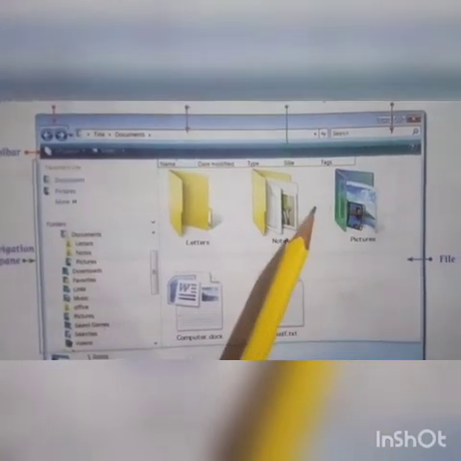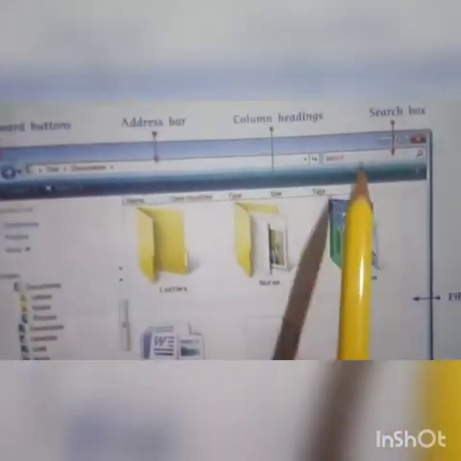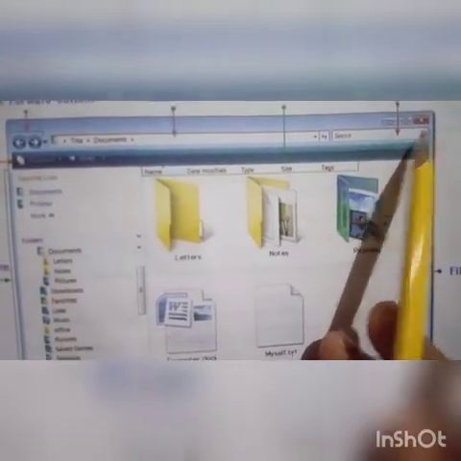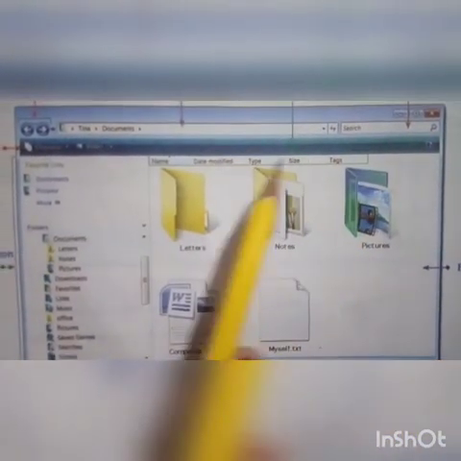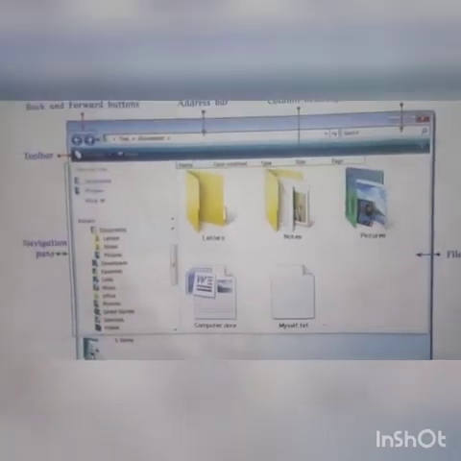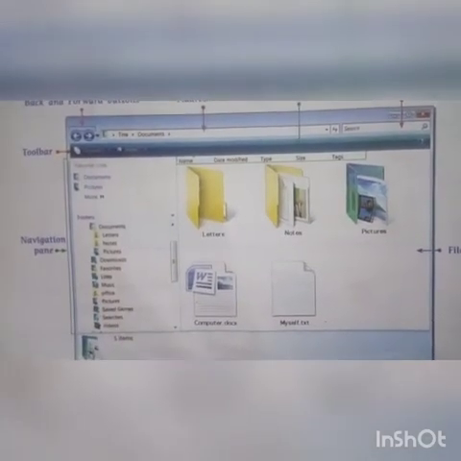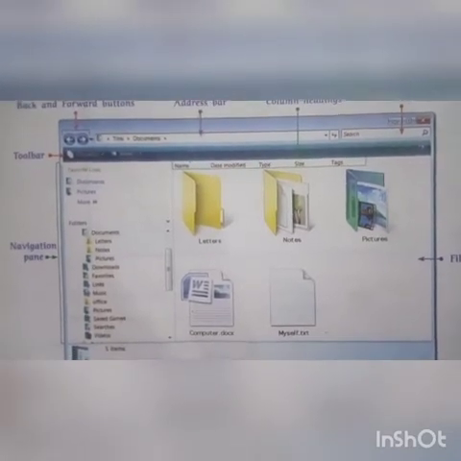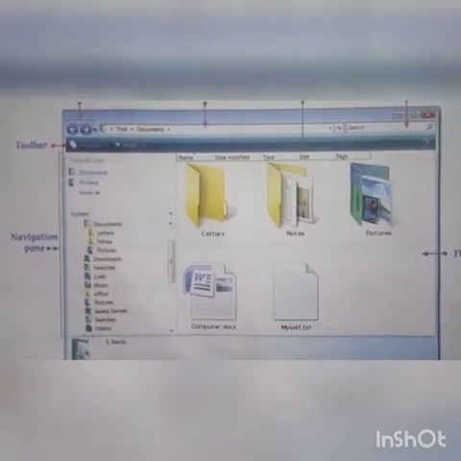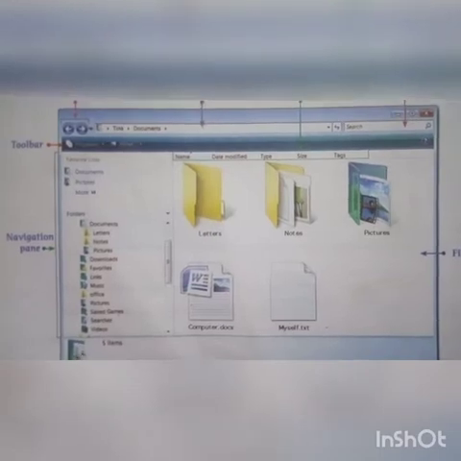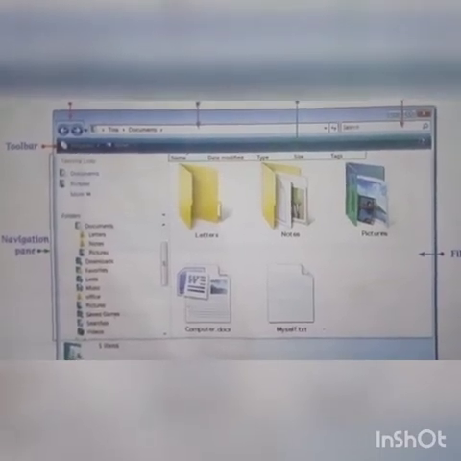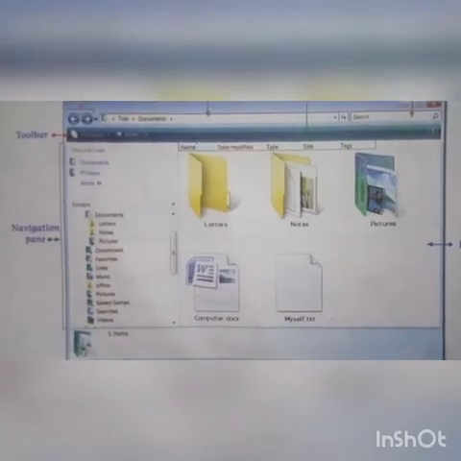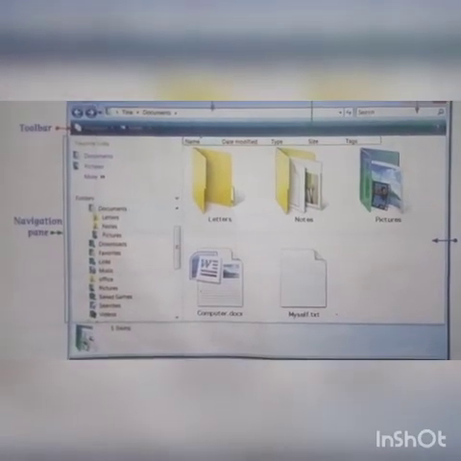If you want to find something from this folder, you can directly write here and then click on search. You can easily locate your information. As you type in the search box, the folder's contents are filtered to show only those files that match what you have typed.